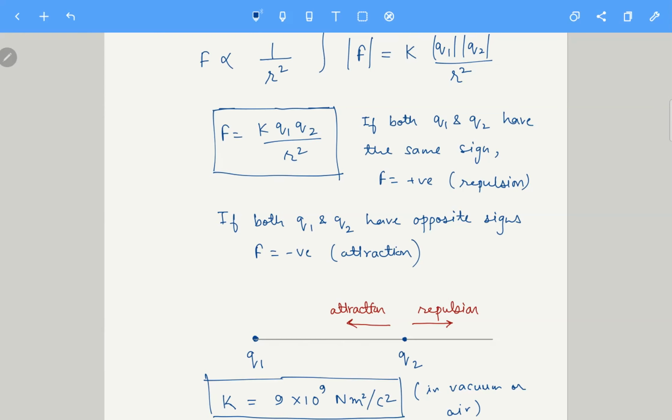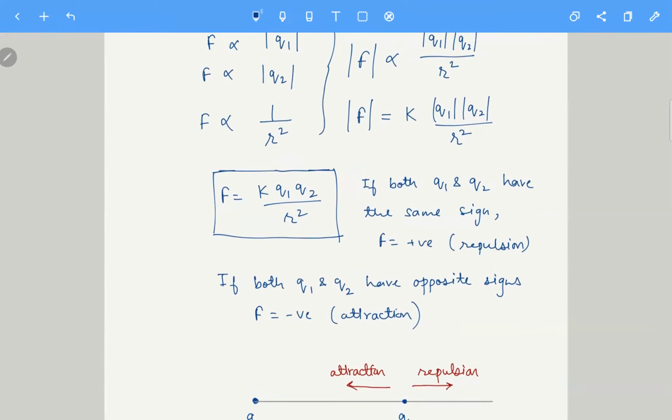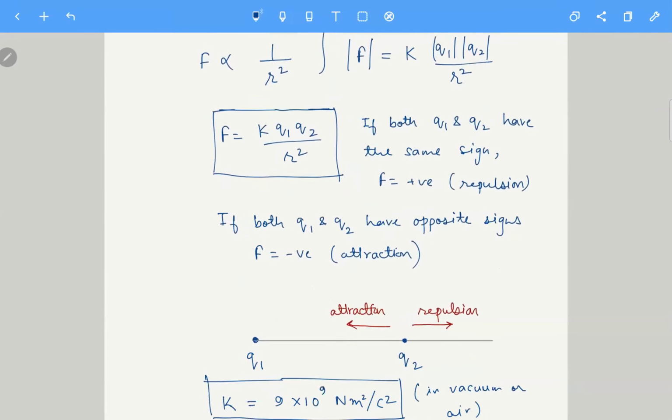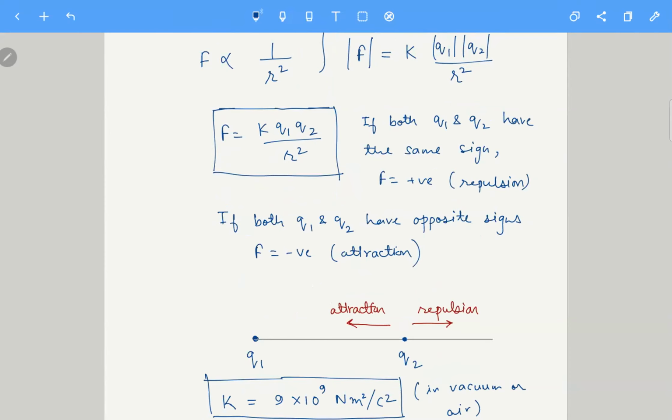So I had a question. What is that number? K is equal to what? The K is a constant. Whenever proportionality is replaced by equality, we get a constant term. The force is proportional to Q1, Q2 by R square. Force is equal to some constant into Q1, Q2 by R square. The constant is called the electrostatic constant. It is actually expressed in terms of another constant known as the permittivity constant that I'll discuss briefly in the next lecture. The exact discussion is covered in electrostatics in physics.